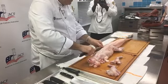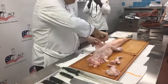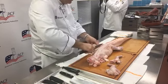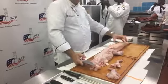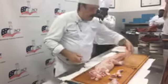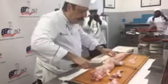It's a bottom feeder. It eats a lot of garbage. It's a horrible skin to touch as far as sanitation. So you really need to scrub with bleach and water when that skin's on there. Get it really clean because of that cross-contamination. Small back strap right there. As with any creature,